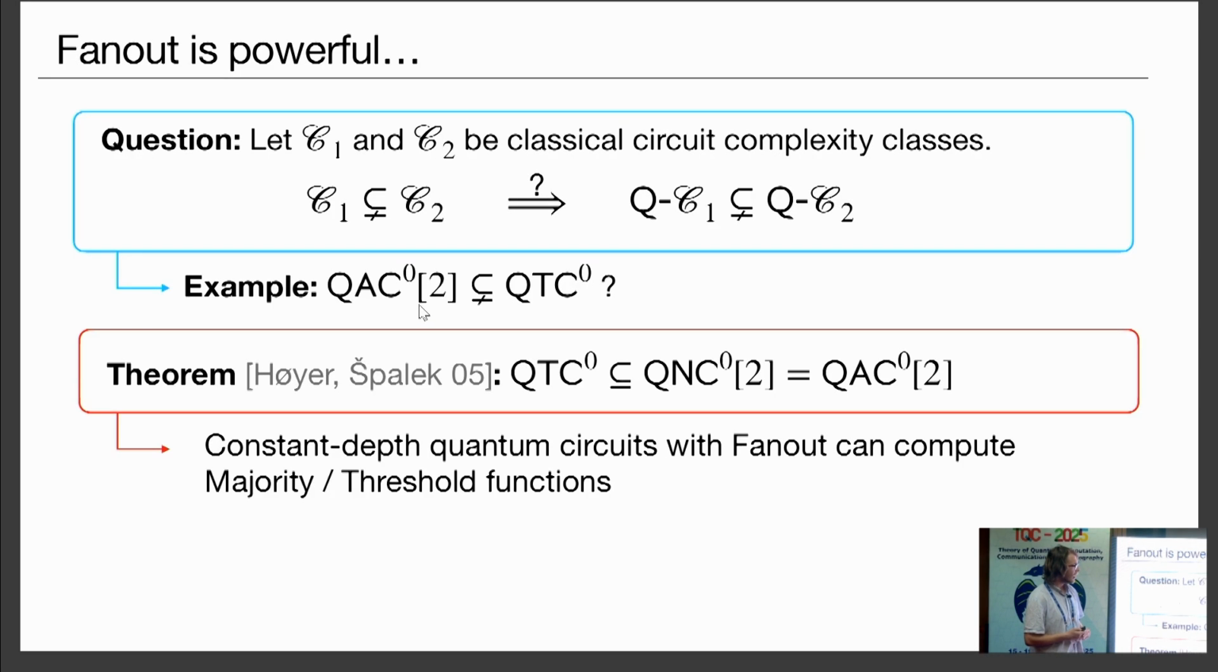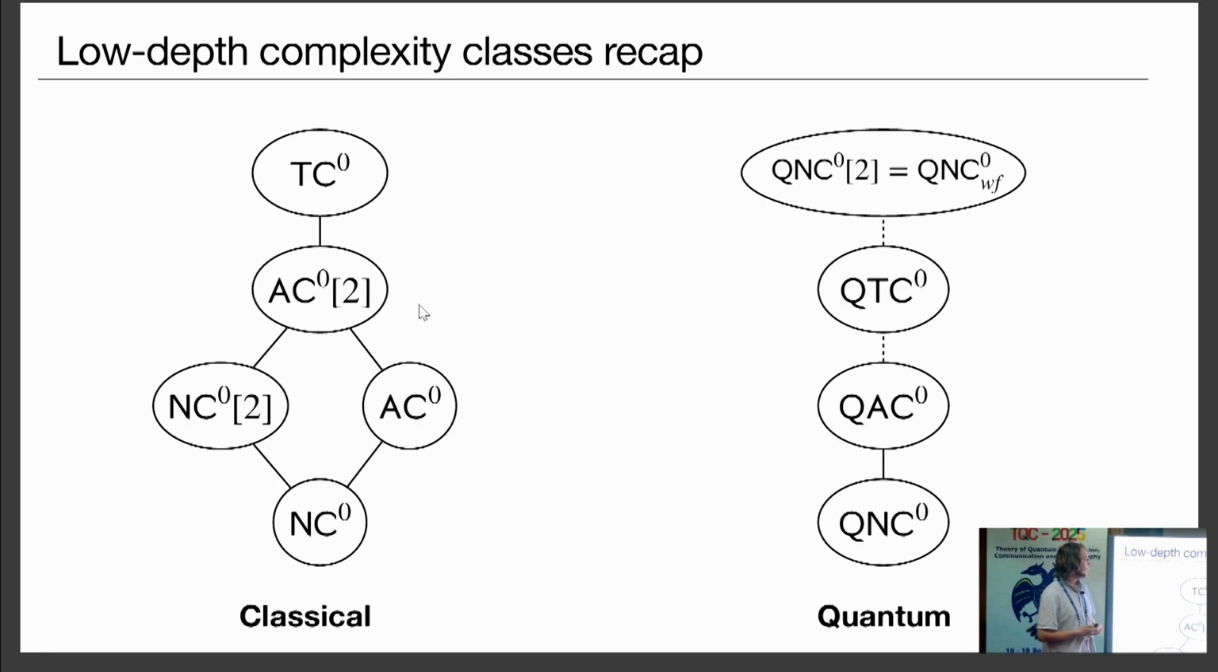And at least prior to our work, it was not known that QTC0 contains QAC0 too. So it was not known if this containment was strict or an equality. And so, on the left here, we have the inclusion lattice. All of the solid lines are strict inclusions, and the dotted lines are inclusions that are not known to be